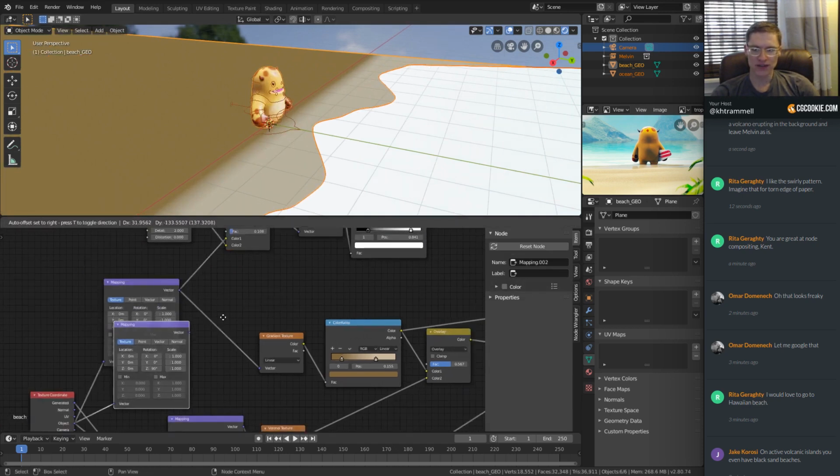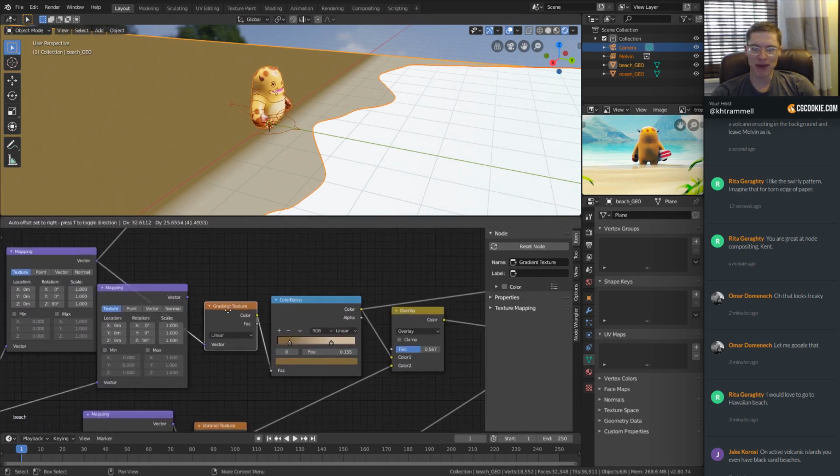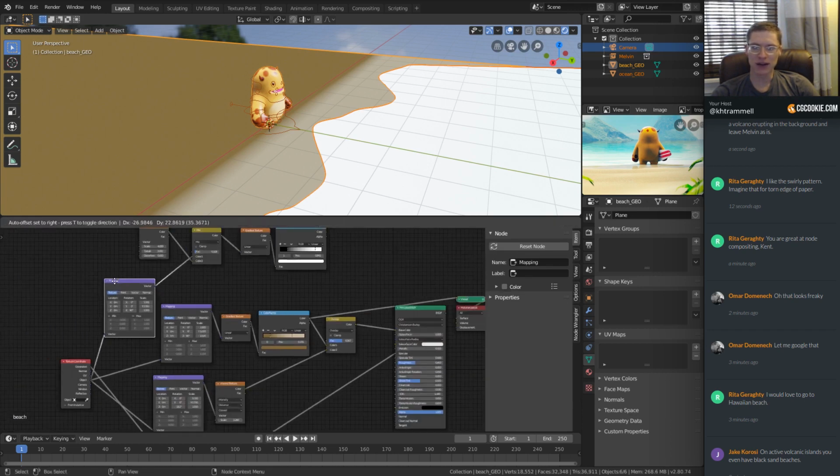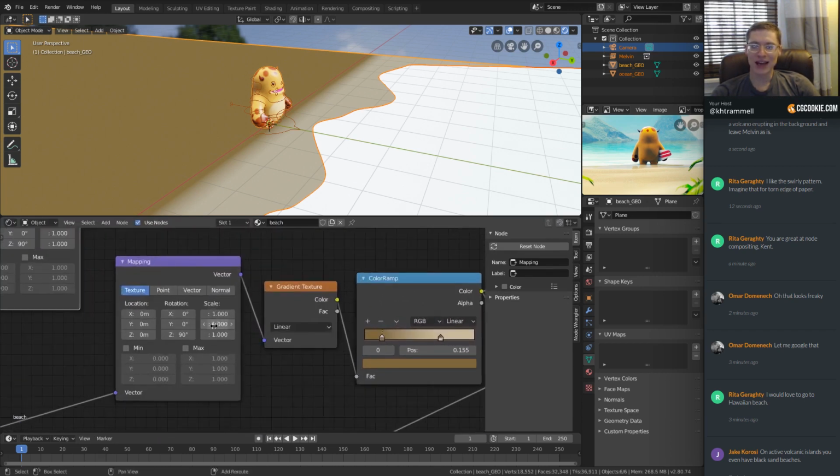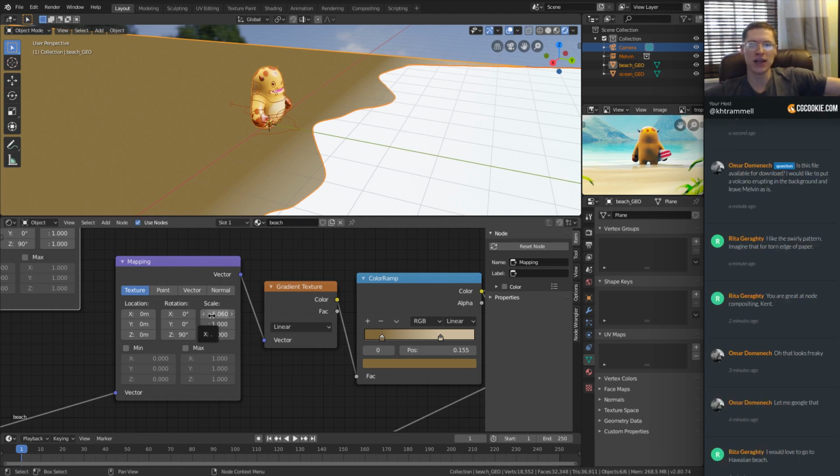So if I Shift Control D, duplicate the mapping node. It's getting a little cluttered in here. I just need to scale in, is it Y? No, it's not Y. Is it X? Yeah. All right, so now when I scale up in X, I'm just kind of jumping around here. Try and follow me if you can. I'm scaling in X, which broadens the range of the gradient texture. And I need to then move,